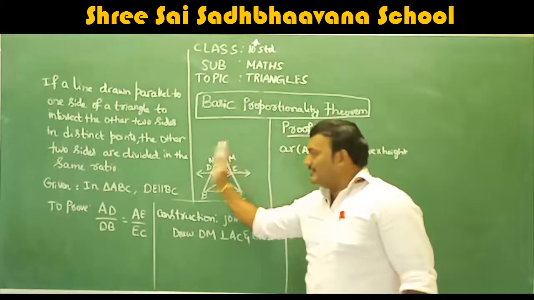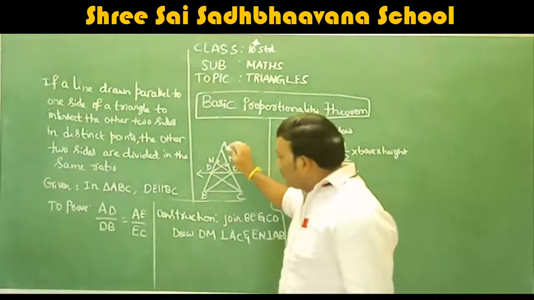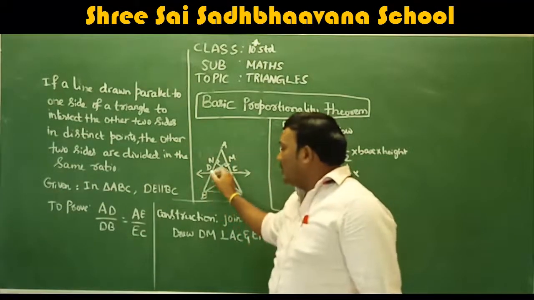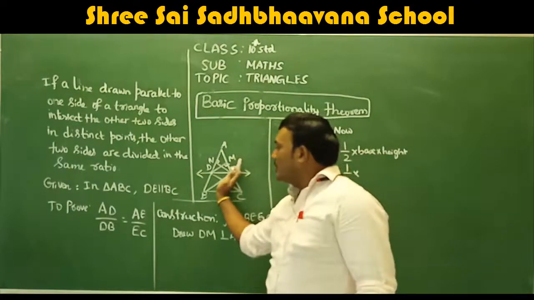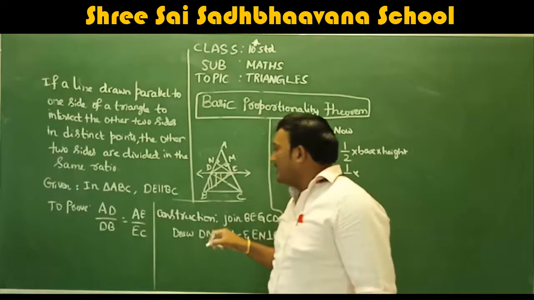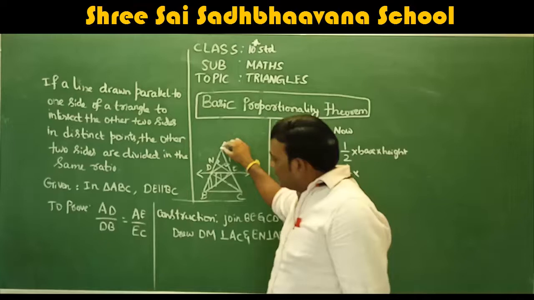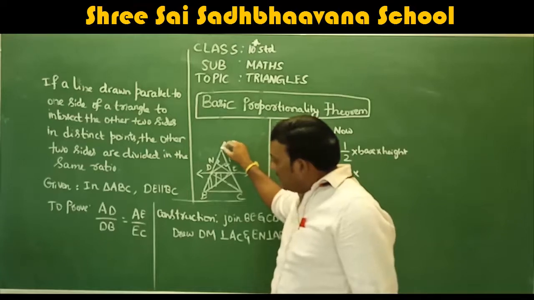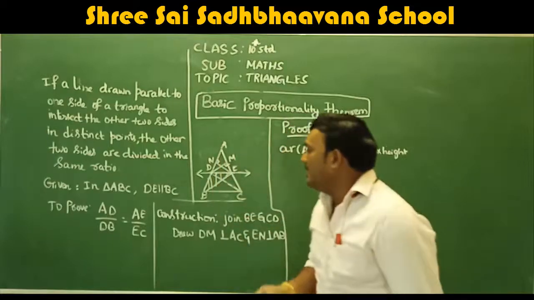If you observe, in this side, two triangles are there. The other side, two triangles are there. Let me take two triangles which are this side. What are those? One is DBE, another one is ADE. If you consider this side, you consider BD is one triangle, and another side is ADE. This side two triangles are ADE and BDE.